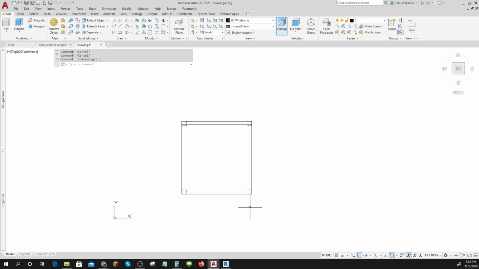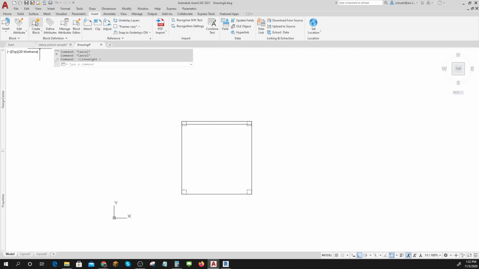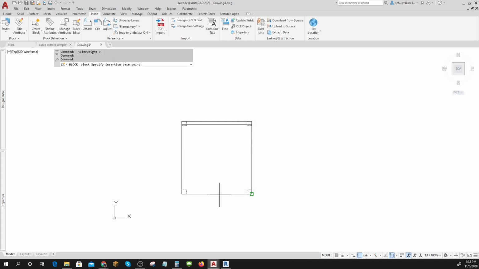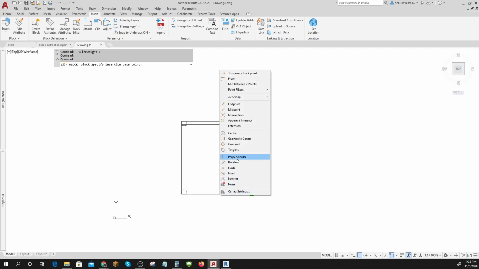Okay? And now I want to make a block out of this so it's all one thing. So I'm going to remember this. It's insert. There it is. Create a block. We talked about this a bunch on Tuesday, but it's never too much to talk about this. Create a block, and I'm going to call it a dining chair. And when I put that dining chair in, wherever I click,